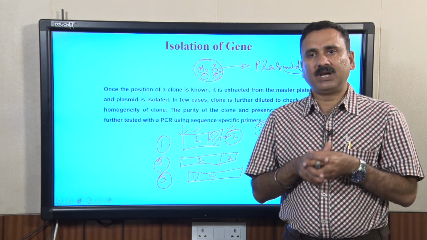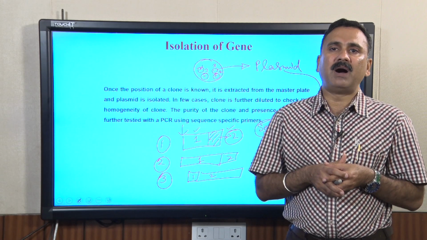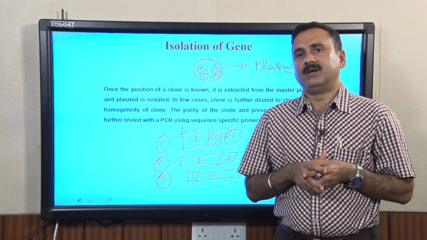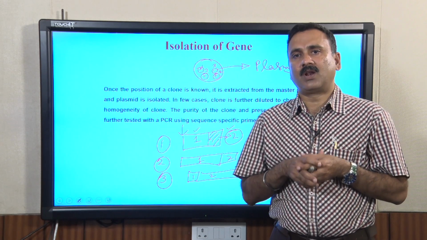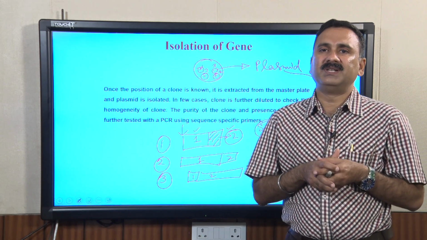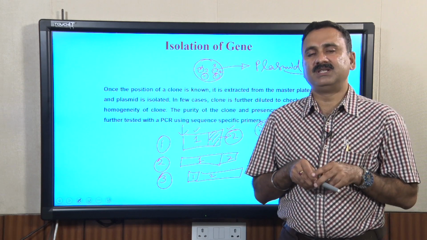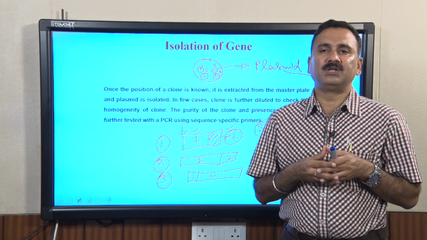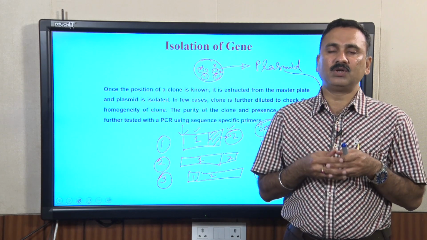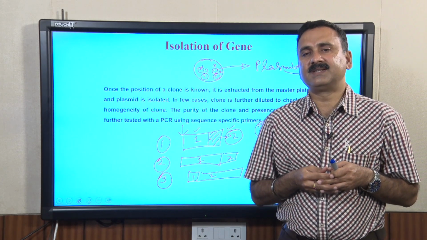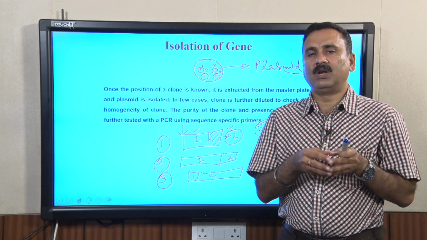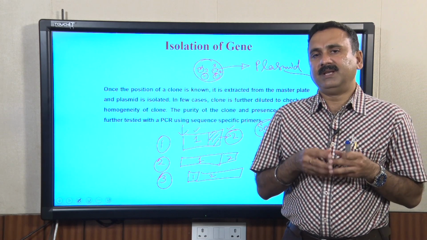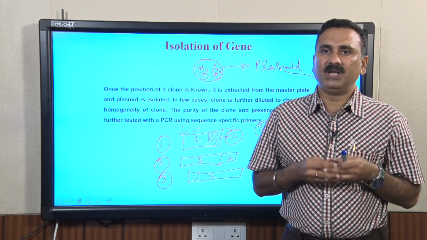In the subsequent lecture, we are going to discuss the alternate approach where the genomic sequences are known, which means we are going to discuss the polymerase chain reaction and how you can use it to get the gene or the fragment of your interest, and how you can clone that into the vector of your interest. So, with this I would like to conclude our lecture here.